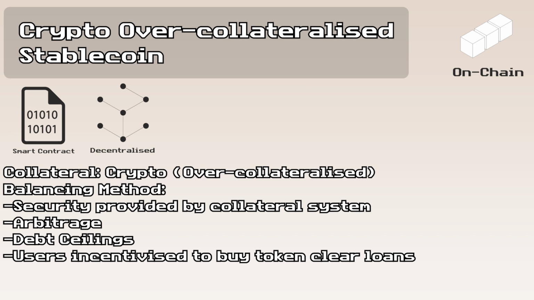So to balance this stablecoin, it is strongly reliant on the collateral behind it, of course, for people to trust the value of it. It's an important aspect of it. But it also uses arbitrage of the users, traders, and also they use a system of debt ceilings. So it's something we talked about earlier on in this video.